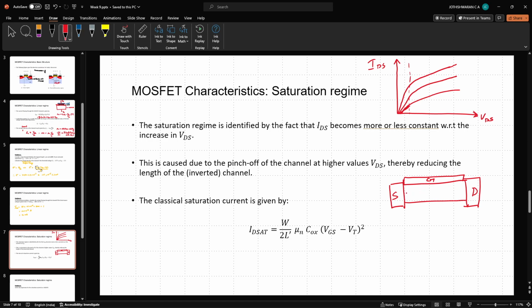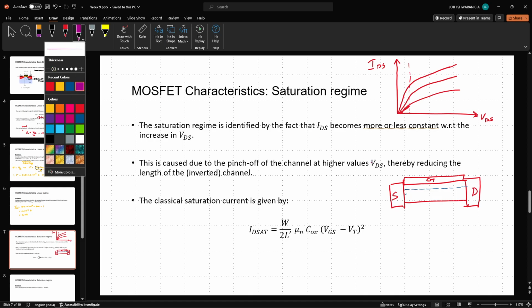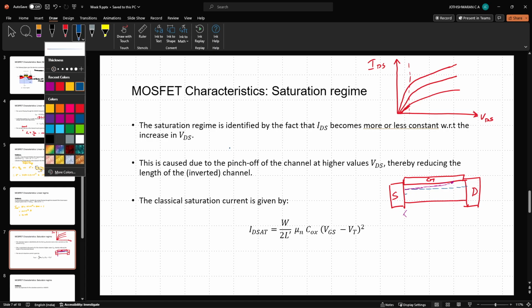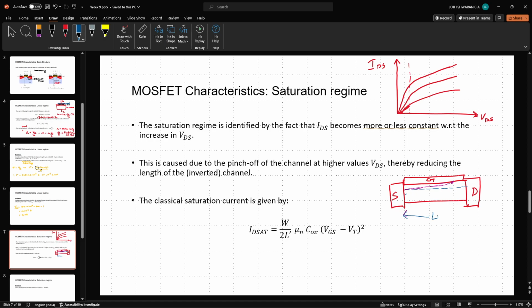So as the drain source voltage keeps increasing, the inversion layer that is formed in this channel will slowly start thinning out. For small enough voltages, it will be roughly a constant thickness. However, if VDS becomes high enough, what we will have is something like this. The inversion layer will get pinched off over here. So instead of having the full length of the channel L, what we will have is this length over here,